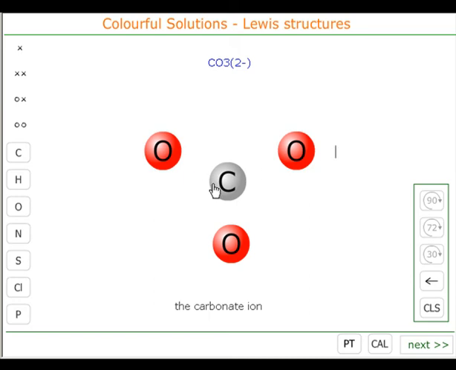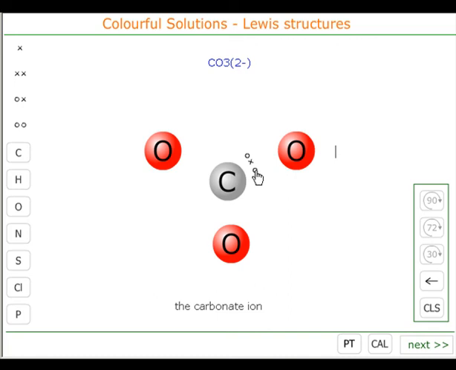Now carbon's in period 2, so it can't undergo octet expansion, which means that it must be bonded to the oxygens via normal covalent bonding. So carbon can bond to 1 oxygen by 2 shared pairs of electrons, and this will fulfill the requirements of this oxygen,